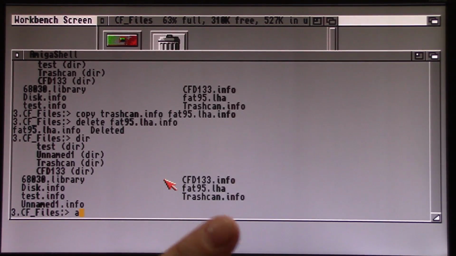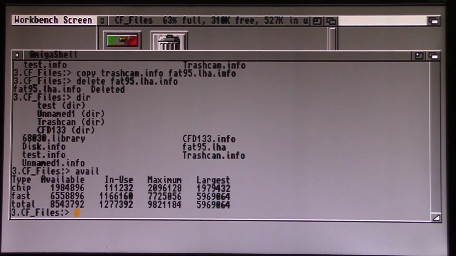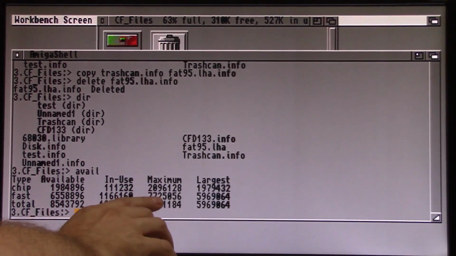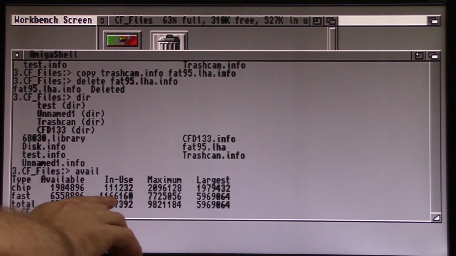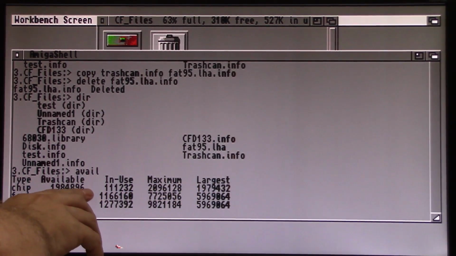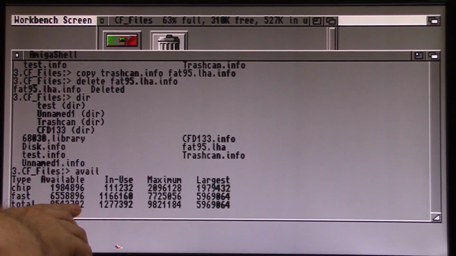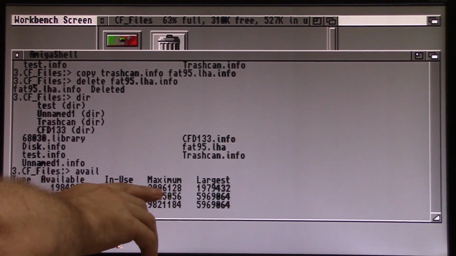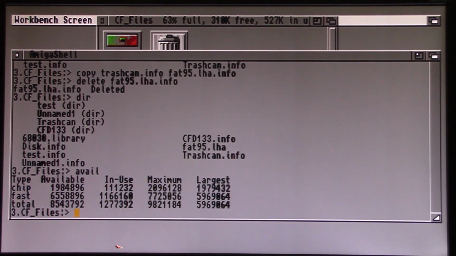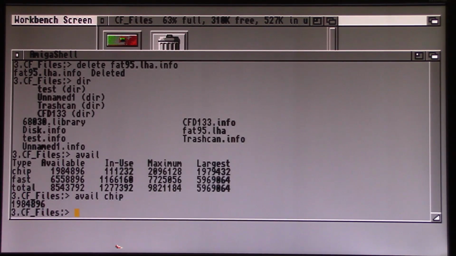Now this is a great command line to use too. This one is called avail, and it will show you how much chip RAM you have, how much fast RAM you have, and how much of each type is in use. So if you're trying to free up space to run a particular program, you can go into the command line, type avail, and see what's being used, as well as your total amount of memory. You can also look at just specific memory. Avail chip,